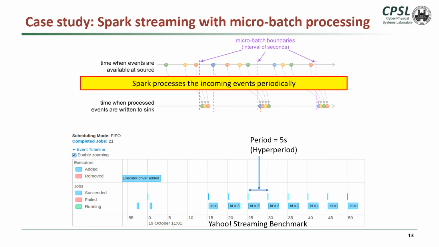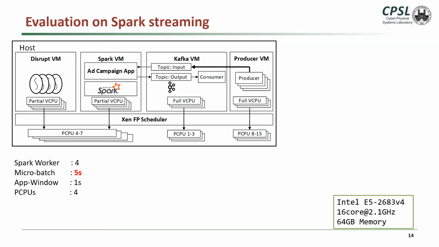You can see that the period of the Spark application is 5 seconds here, and it is running on a work-conserving scheduler based on a FIFO policy. And we built yet another platform to evaluate this and show how we can leverage this partitioned scheduling approach to support multiple